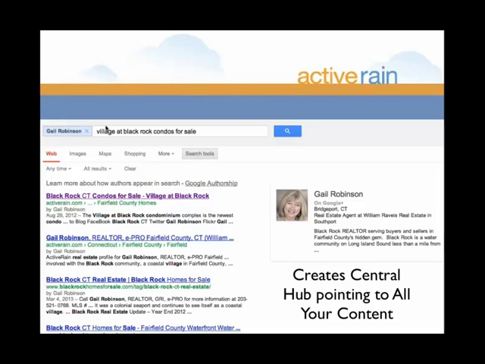Okay, so what Google's doing is they're just going out and combing all of the content that Gail has submitted to them, and she's not doing this every time she writes something. Simply by setting up her Google authorship, they are combing her content, and behind the scenes figuring out where else Gail has content that relates to BlackRock. So if somebody's really looking for an expert in something, and in this case, if they were looking for that one agent out there who knows all about the village at BlackRock, Gail's giving that consumer a really good idea